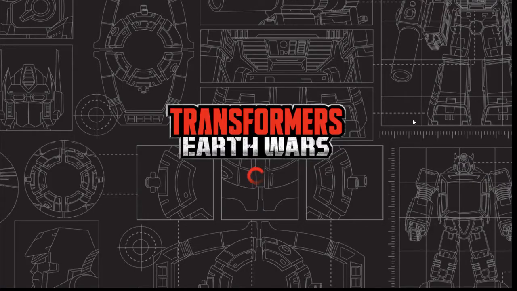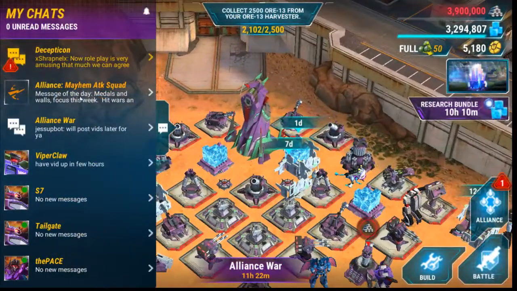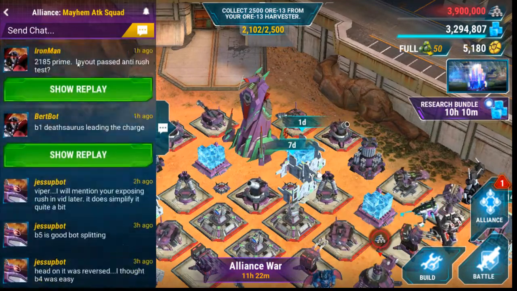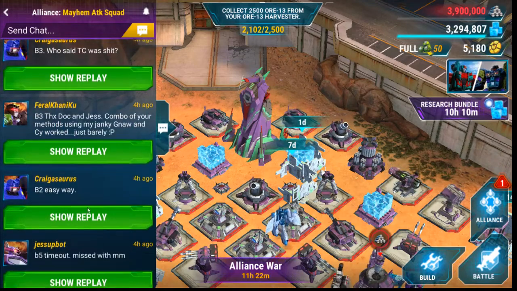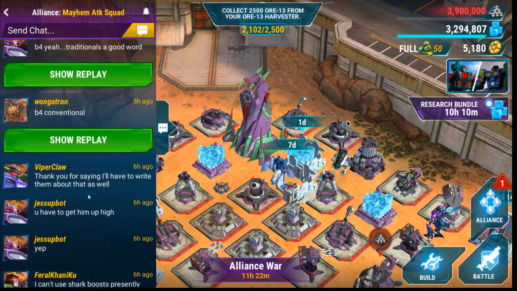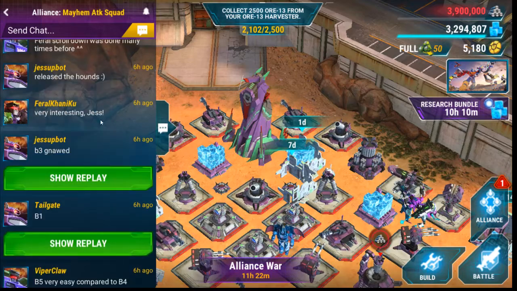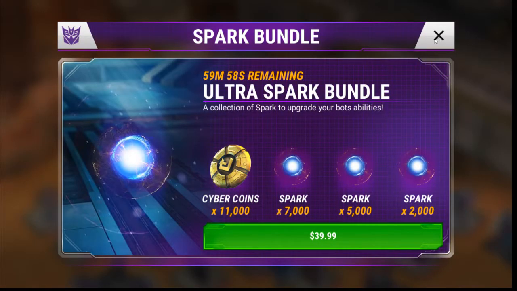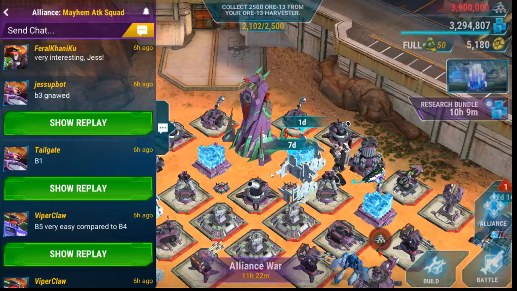So I'm going to go back and I'm going to show you, so Giftmaster, your base is really good, but the major weakness in this, one of our guys, Viper Claw, he actually exposed it, and he actually thought the base was pretty simplistic to go through, and I just got to find where his was, and there we are, and you'll see Viper Claw kind of